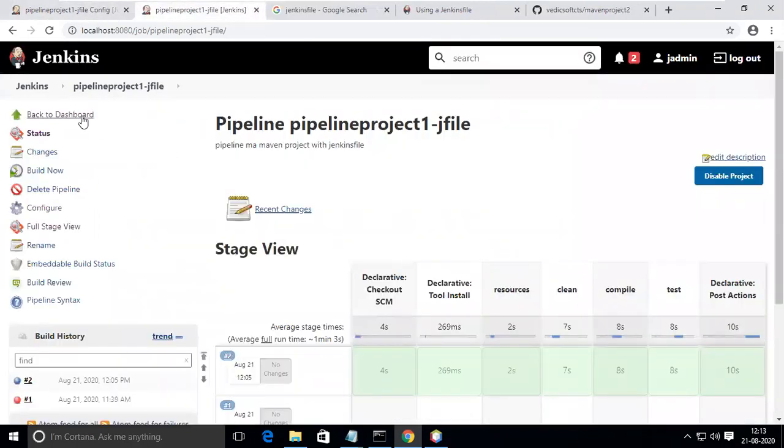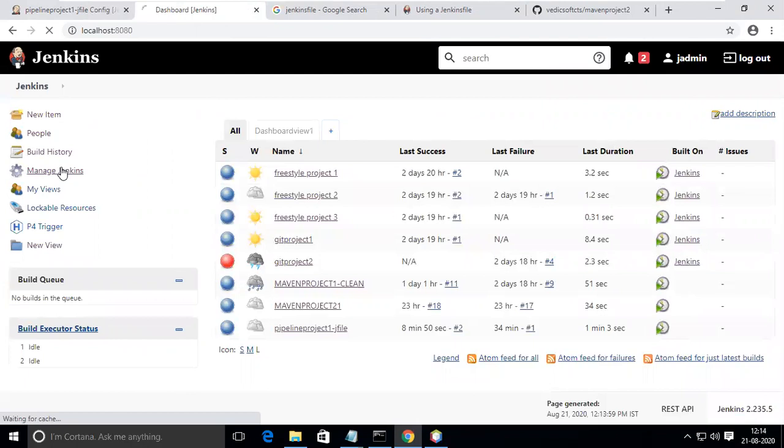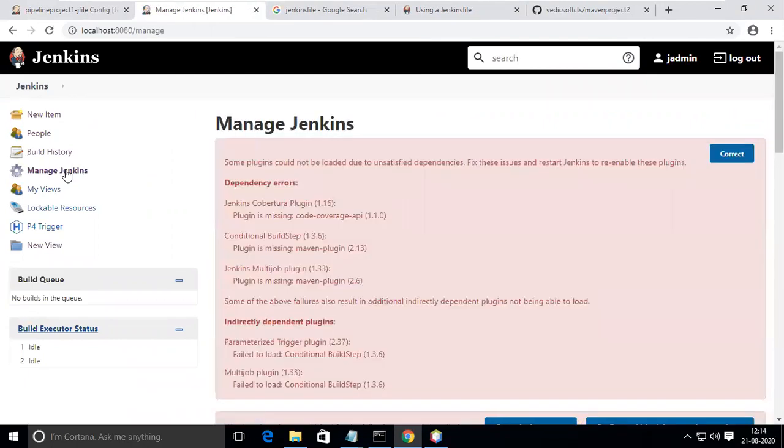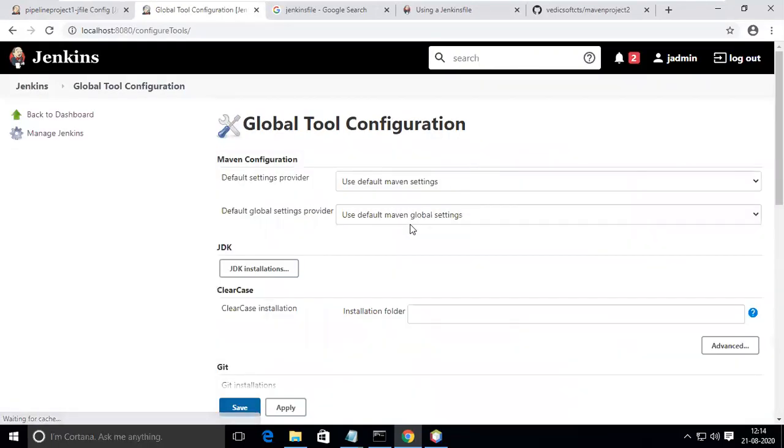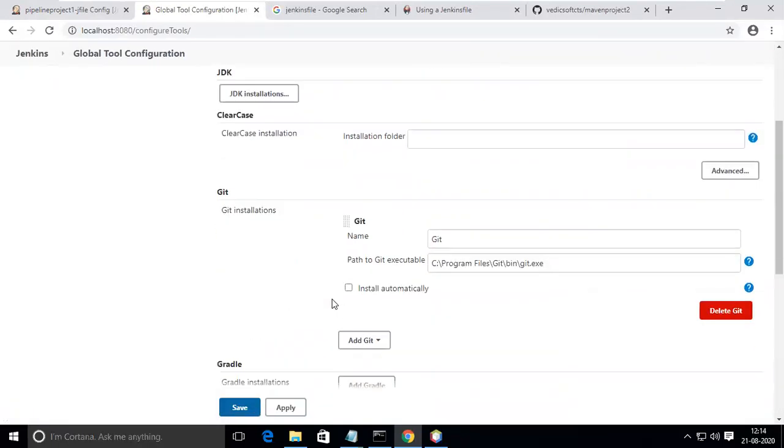So I'm going to the dashboard, Manage Jenkins. First, I'm going to global configuration. This is local Git.